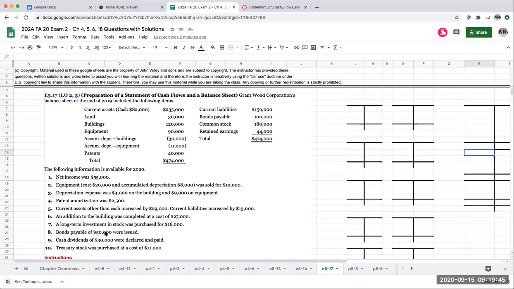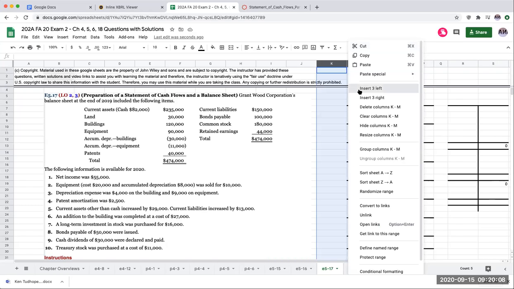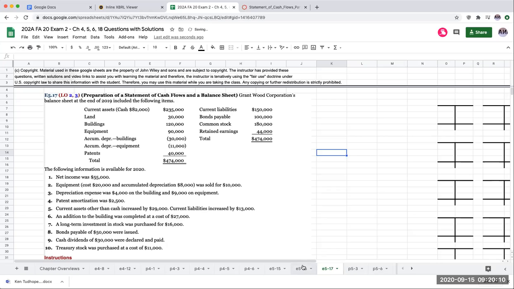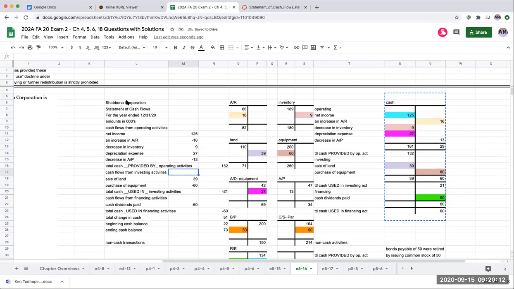The first thing I know is that what's different about this question is we're not given the beginning and ending balances, which is never something I would do to you on a cash flow. But let's go through and try to explore it. For the current assets, if I was doing a statement of cash flows, I need to do my skeleton.